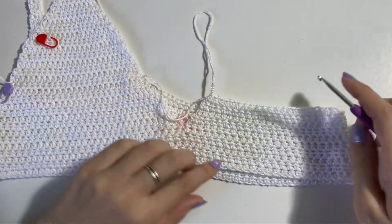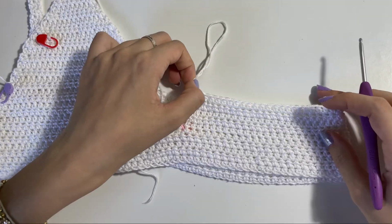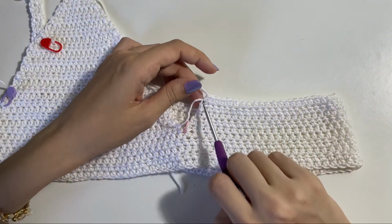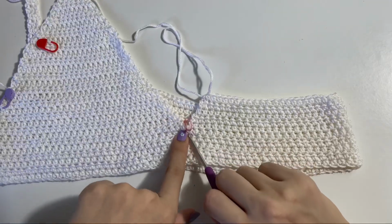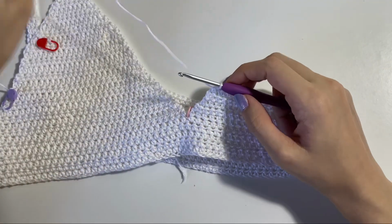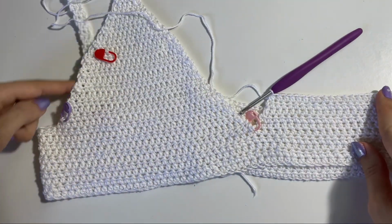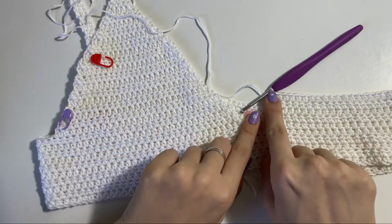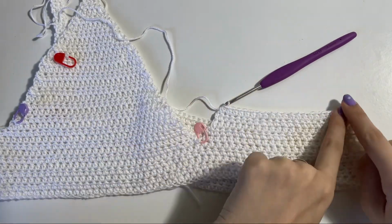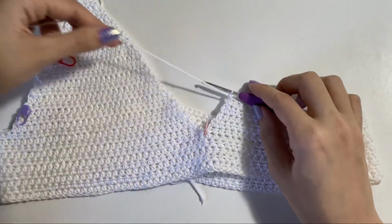So I am currently on row 10. So on this row, I need to start making that triangle shape, right? But I have ended on the midpoint V-neck side. So what I'm gonna do after my row 10, because on this row, I need to make this side as well, right? But since I'm here and I'm not here, I will need to cut my yarn here and join my yarn here. So I'm going to chain 1 and cut off my yarn,